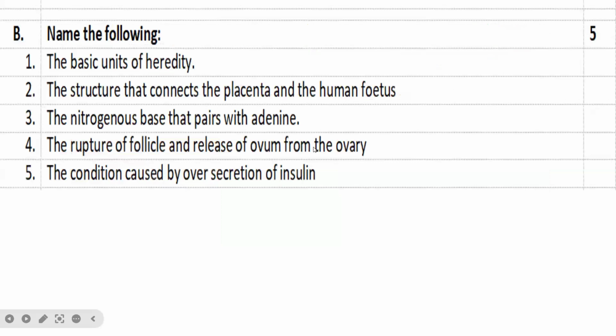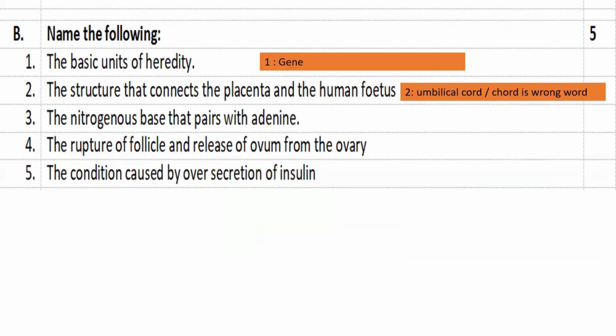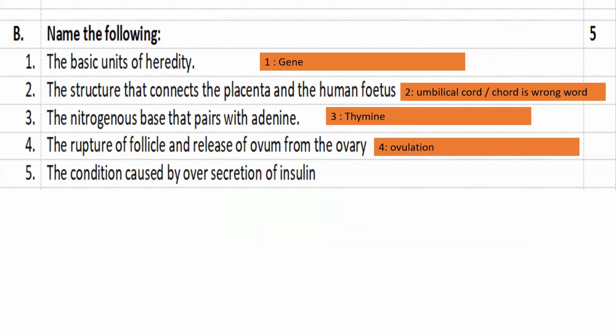Okay, let's go on. Now this, name the following. The basic unit of heredity is gene. The structure that connects the placenta to the human fetus, umbilical cord, C-O-R-D, C-H-O-R-D is wrong. So check your spelling. The nitrogenous base that pairs with adenine is thymine. The rupture of follicle and release of ovum from the ovary is called